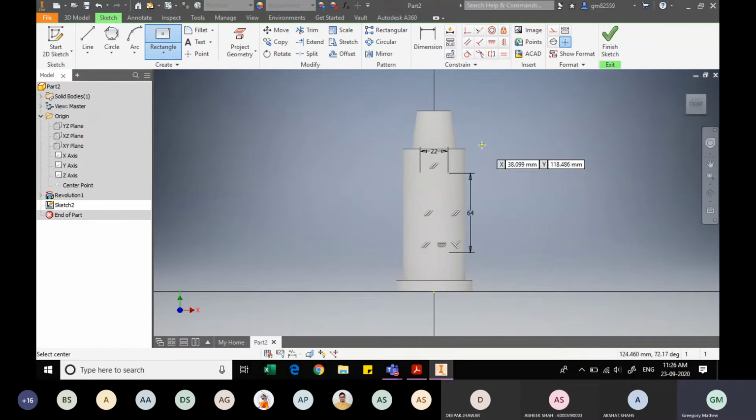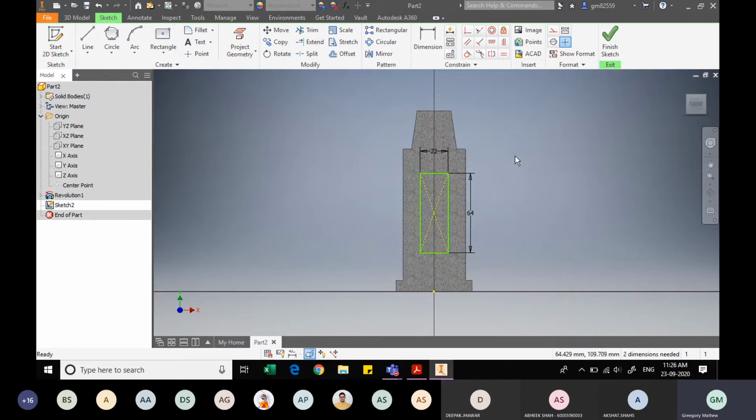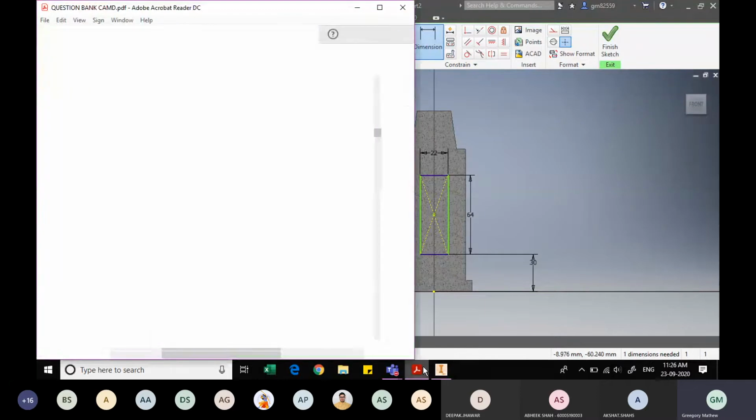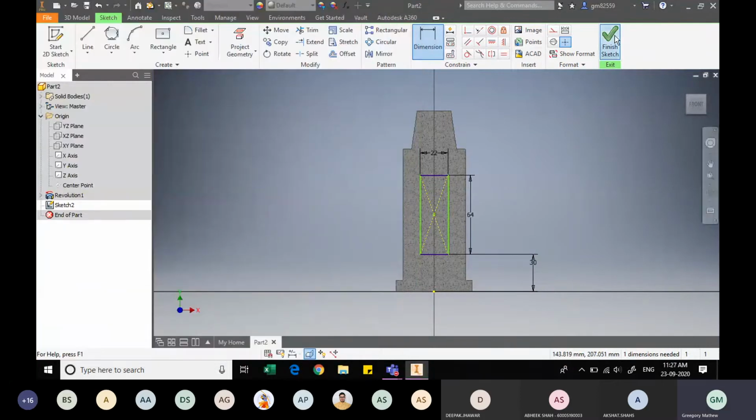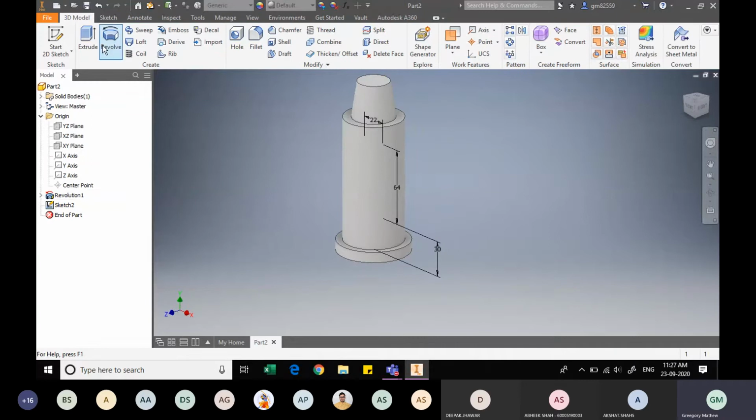Now the sketch is not visible because the sketch is inside this component. So what we do is hide the component which is in front of that sketch. I will use the command F7, and the portion in front of that sketch will be hidden temporarily, and we can see this rectangle. And if you remember, the distance between the base of the sketch and the base of the complete part was 30. Just to confirm, we will go back to our drawing. Yeah, so we see the distance was 30.